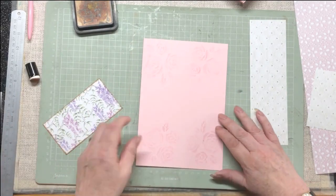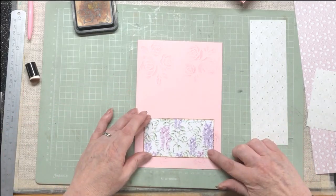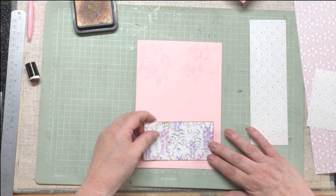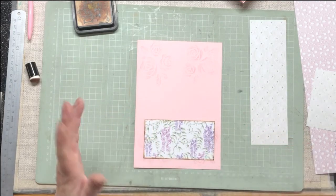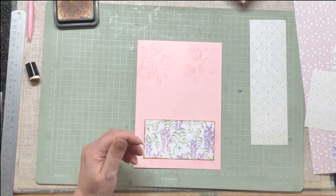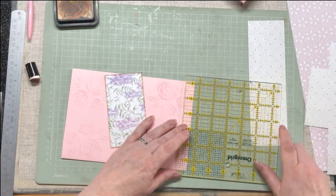And where exactly are we going to put this? So we know we want it 1/2 inch in from both sides, but where do we want it? Here, about 1/2 inch up from the bottom. I think that might look quite nice. Now, I have a problem seeing straight lines. I'm sure I'm not the only one in the world with that problem. And if you, like me, can't see straight lines, then the thing to do that I've found over the years